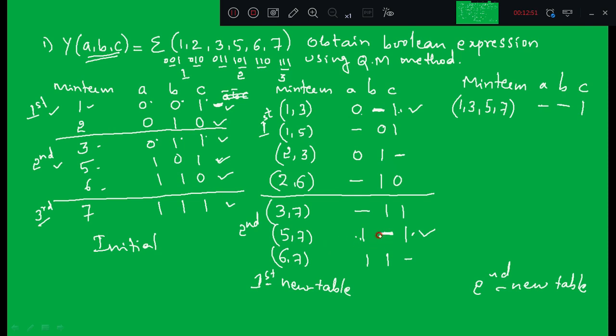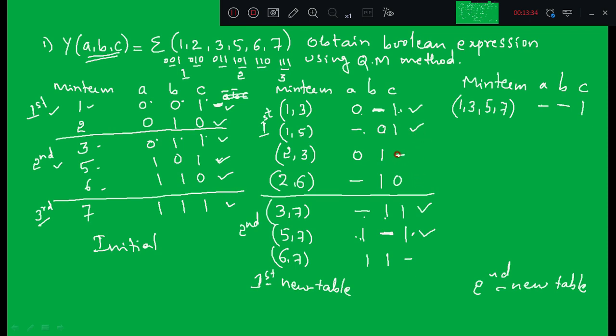So if you have one more middle dash in the second group, then that has to be compared with the first minterm, right? Next, in this minterm you see the dash is present at first position, right? So here you check, yes, there is a dash at the first position. Next, are they differing by one bit? Yes, dash is at the same position, 1 3 5 7. Even if you write 1 3 5 7, it is already written, so no need to write once again. So 1 3 5 7, just check, dash is at the same position, B is getting differed by one bit, and you have already written 1 3 5 7, no need to write again. Just put a tick mark.